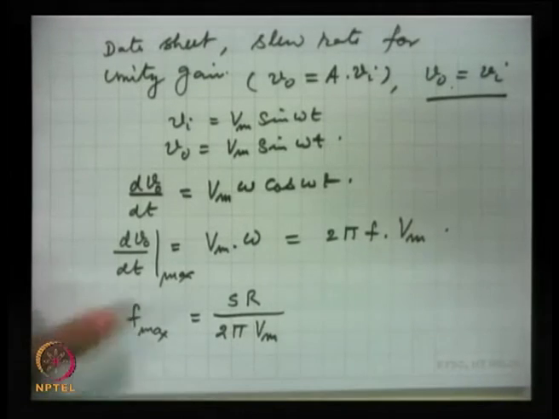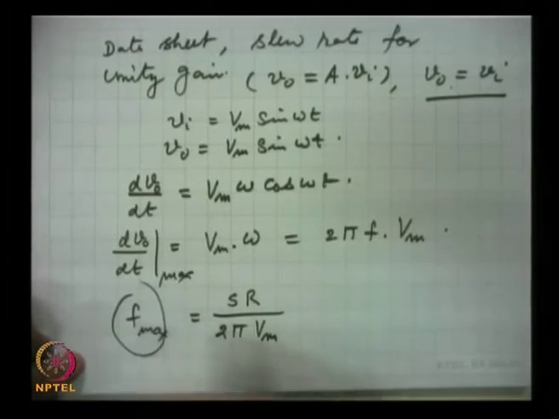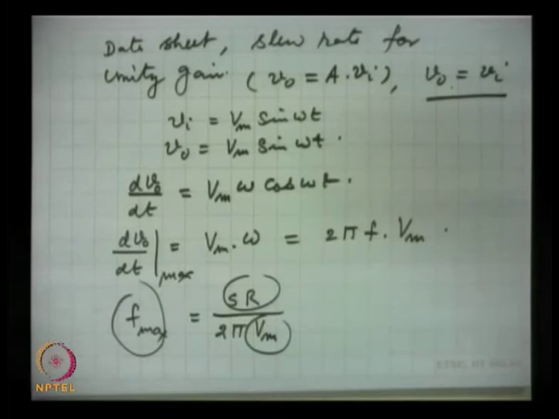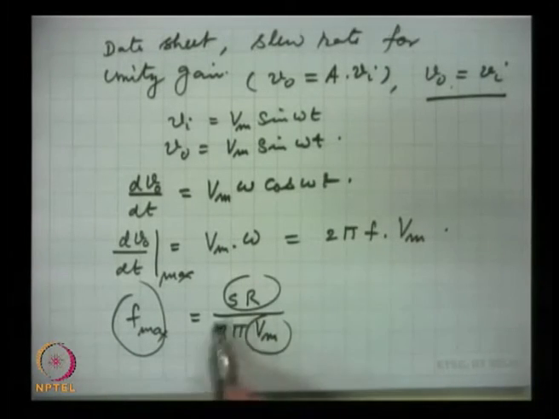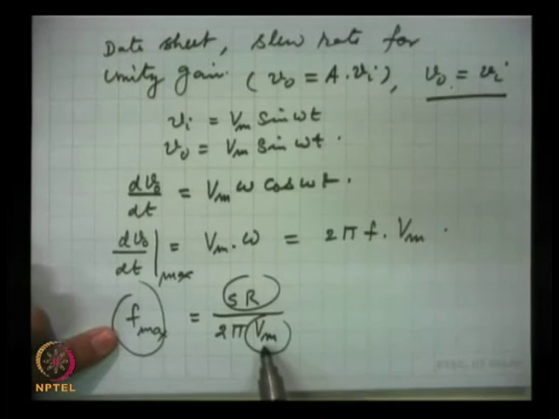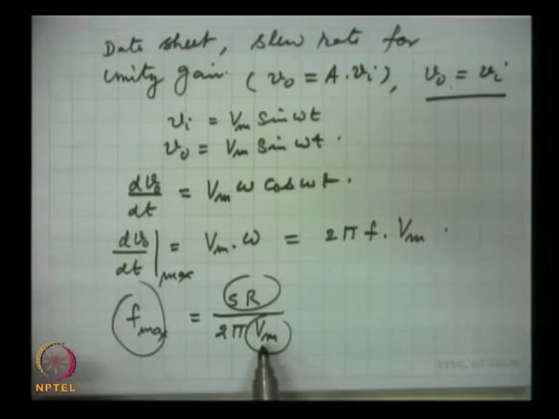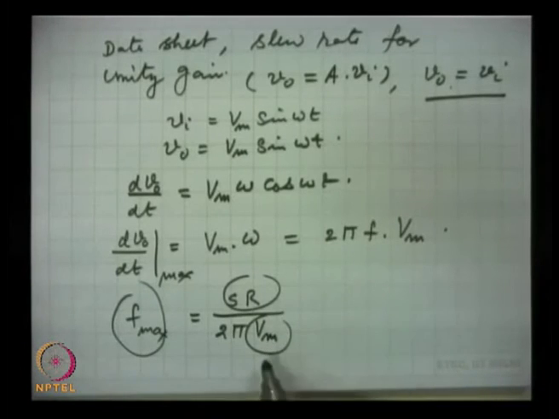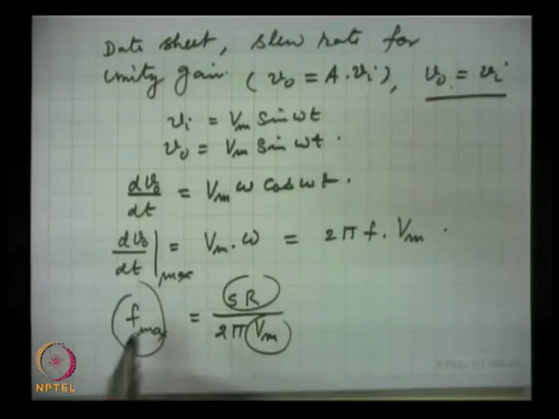The maximum usable frequency, that means the maximum frequency which will give undistorted output, is fixed. So, all these 3 parameters are related. Depending on the slew rate, the maximum frequency for the peak value is fixed, and if the peak value increases, frequency will go down. If this falls, then this maximum frequency will increase.